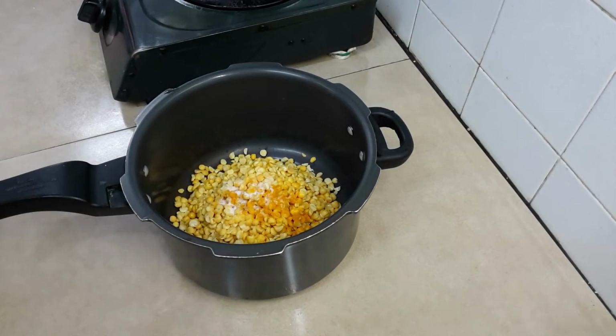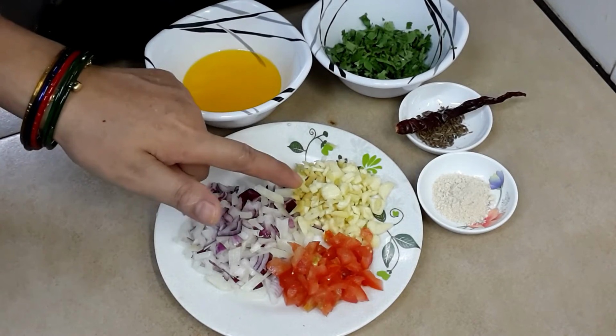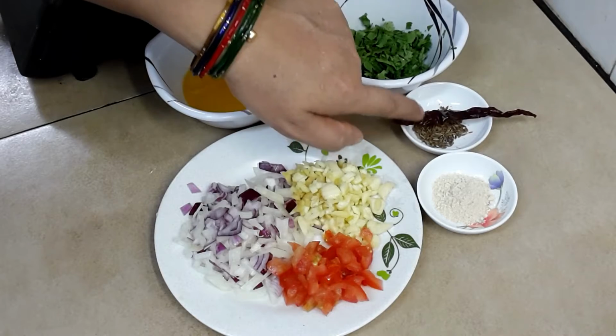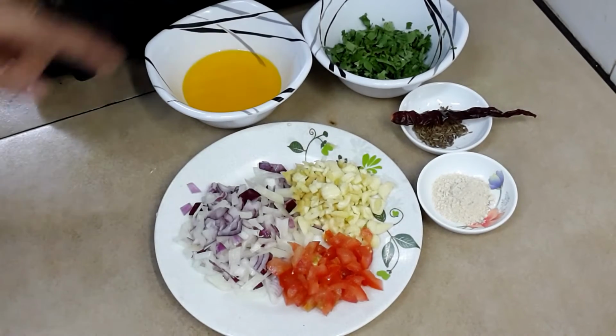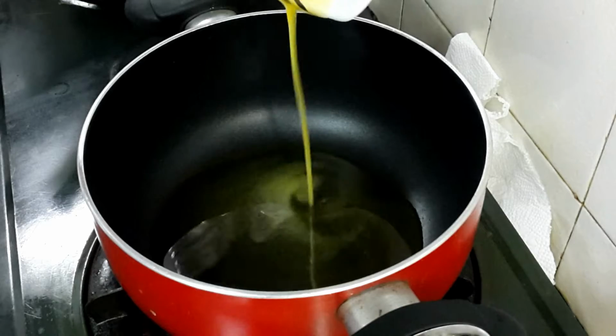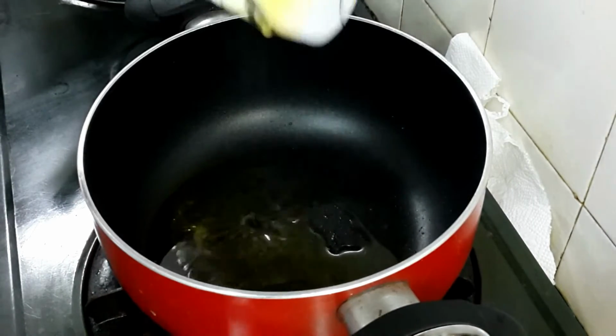So I have taken soaked and washed raharko dal, and then I'm going to give 4 whistles and then give tadka. It's really simple. I have added turmeric and salt to taste, water, and just 1 teaspoon ghee, and then give 4 whistles,